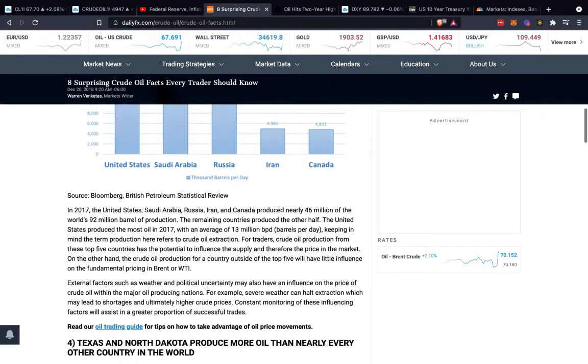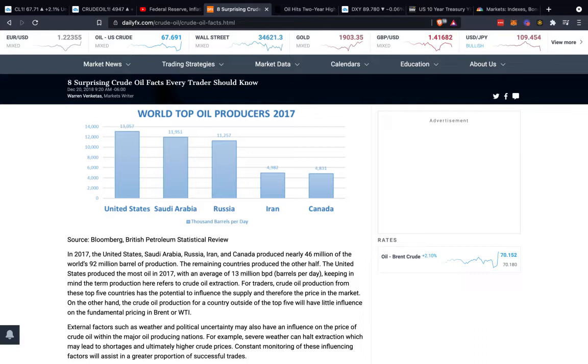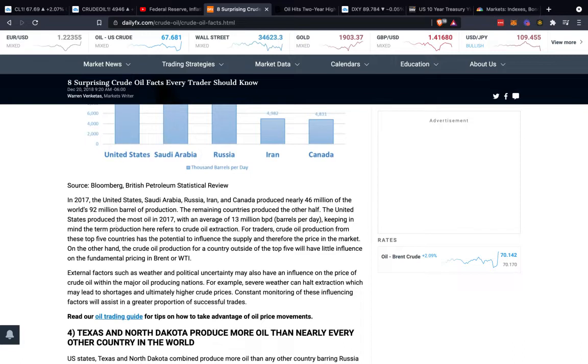But it's one of these logical tools that you can use to understand how these distributions tend to play out. So, for example, these top countries, which is not the majority of the population, this is just the United States, Saudi Arabia, Russia, Iran, Canada. These hold a lot of the top oil production. Especially Russia is up there when you take into account the expensive process to mine oil in the United States because of all the bureaucracy and all the red tape in the system compared to something like Russia or something like Iran.